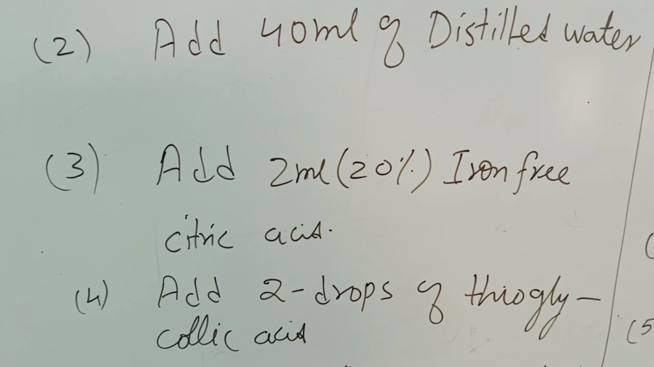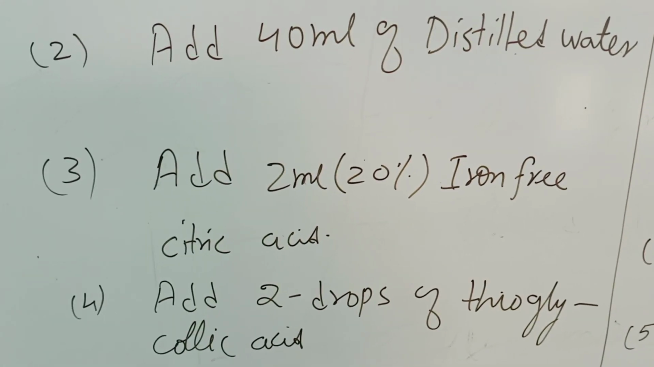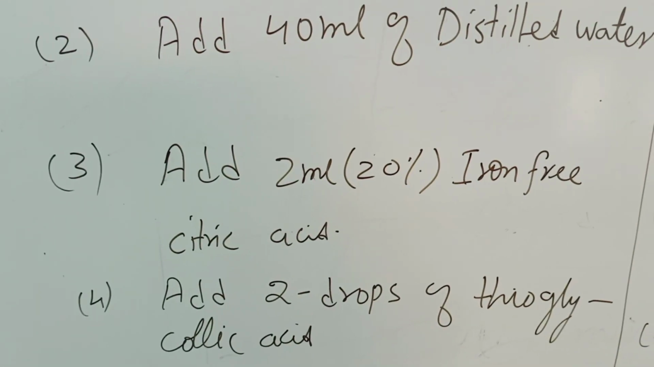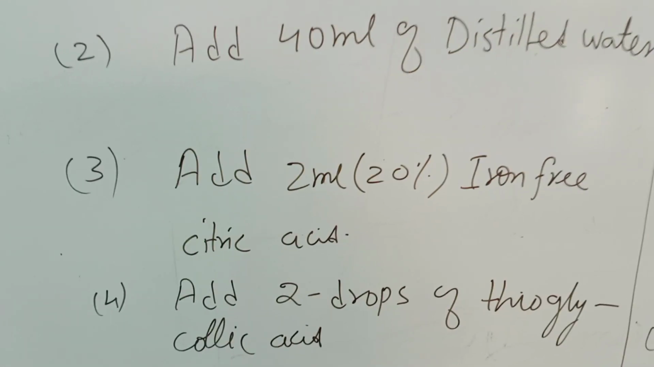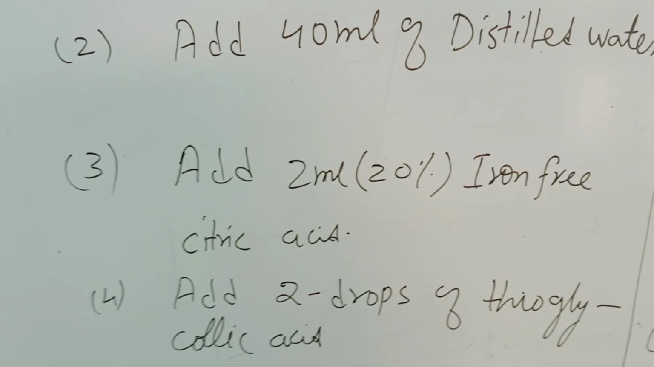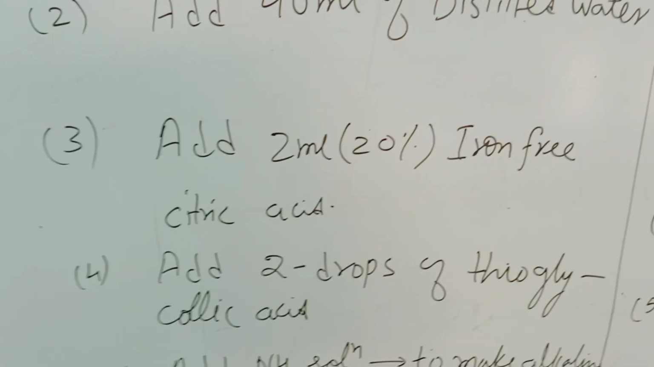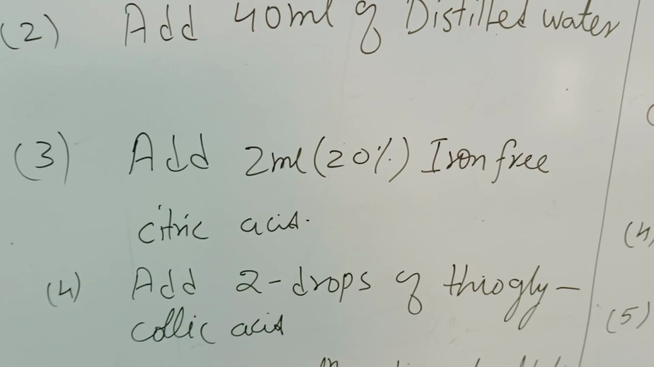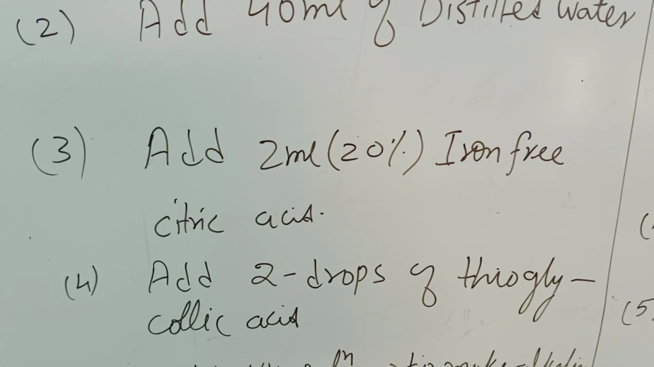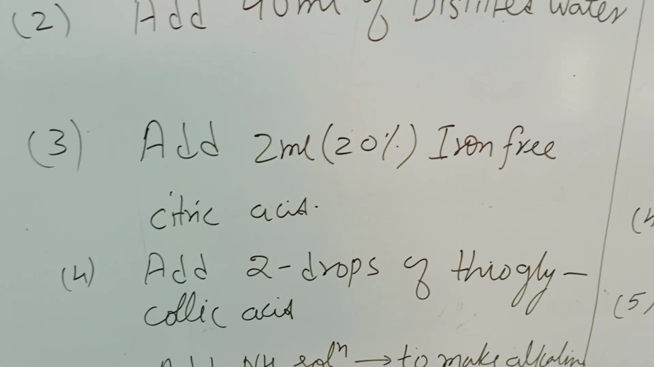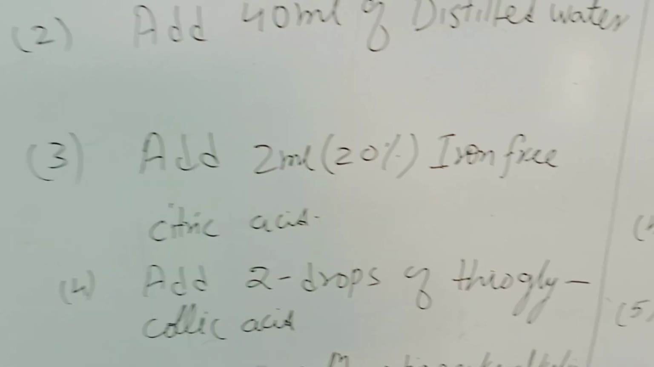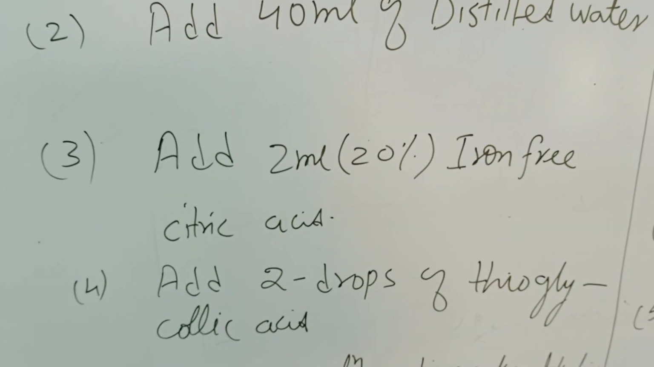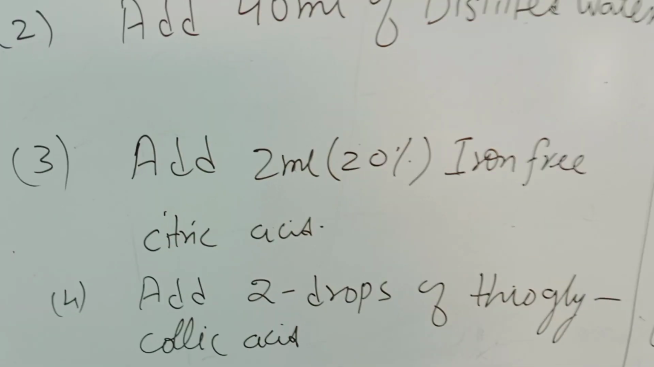So if the citric acid itself contains iron, or if iron is present in the citric acid other than in the sample, then whatever result we obtain will not be correct. We will get an error in our result. So it is very necessary that all the reagents we are using